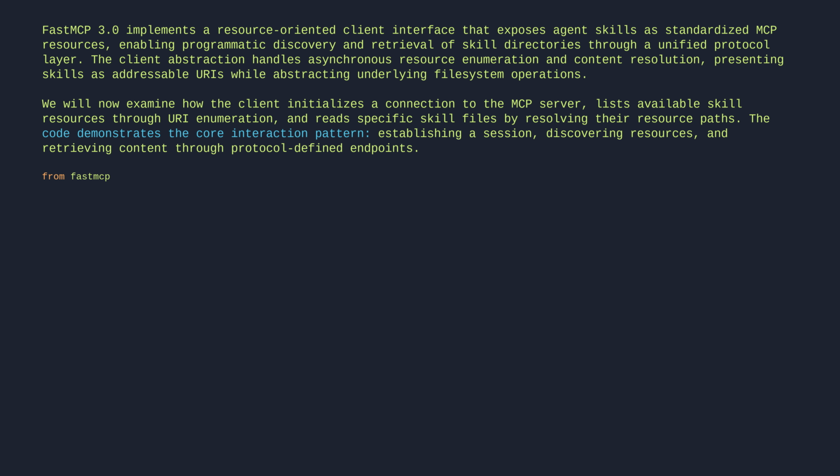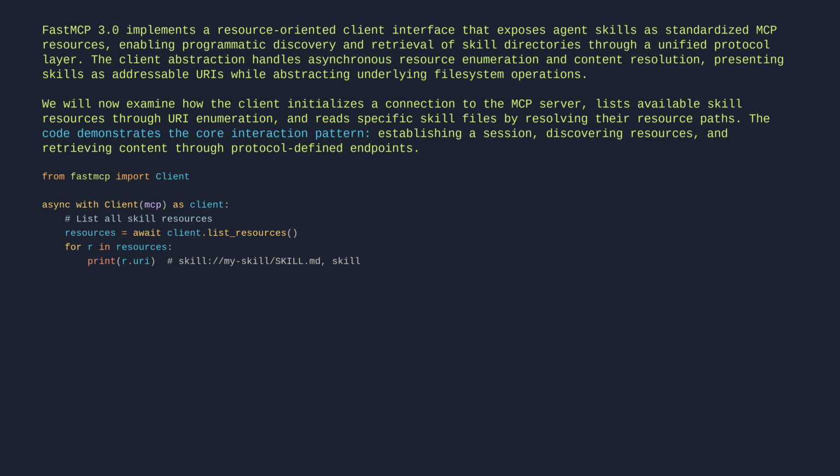From fastmcp import Client. async with Client as client: # list all skill resources. resources = await client.list_resources(). for r in resources: print(r.uri) # skill://my-skill/SKILL.md, skill://my-skill/manifest. # Read a skill's main instruction file. result = await client.read_resource("skill://my-skill/SKILL.md"). print(result[0].text)